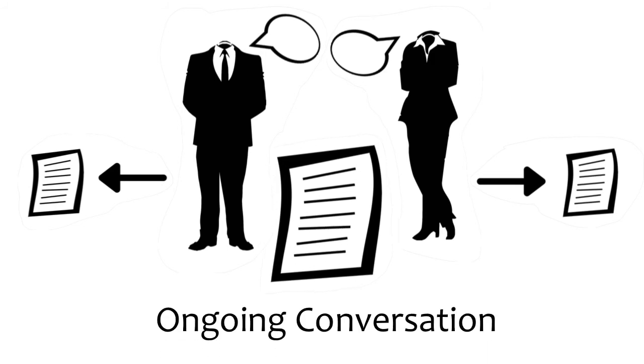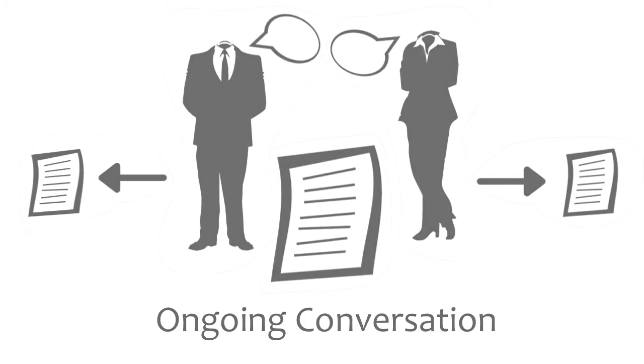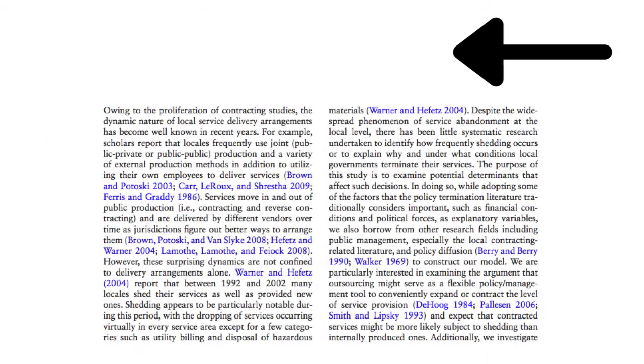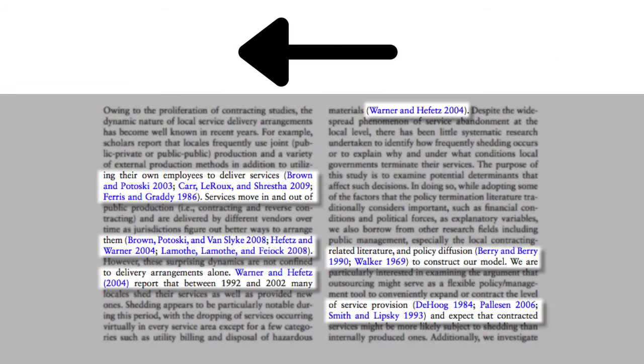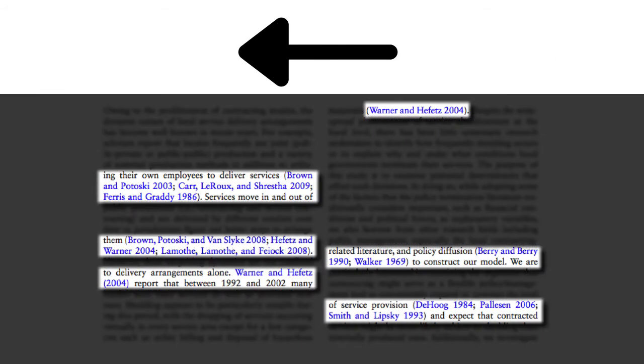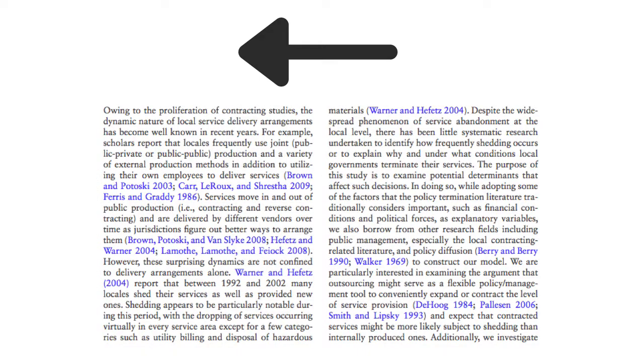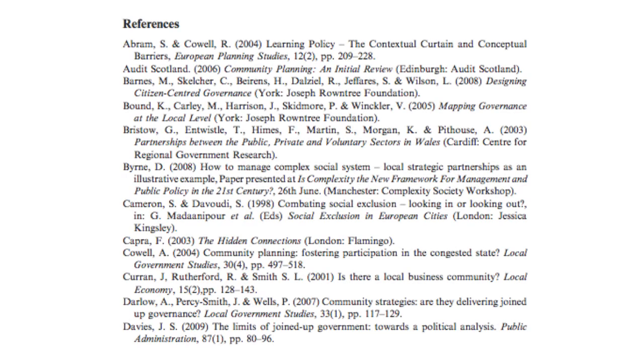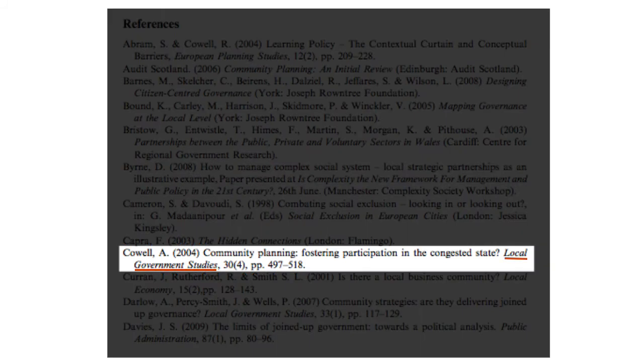It's an ongoing conversation. To discover the conversation going backwards in time, be sure to note any useful citations named in your article. Especially be on the lookout for researcher names that come up a lot. Then use the references at the end of the article to track down your source using Google Scholar or the library's Journal Finder. If you aren't totally sure how to track down an article, it's a good bet to start looking for the journal title before looking for the journal article title.